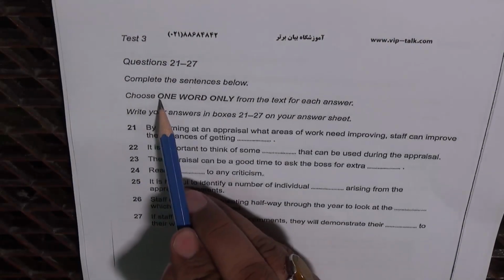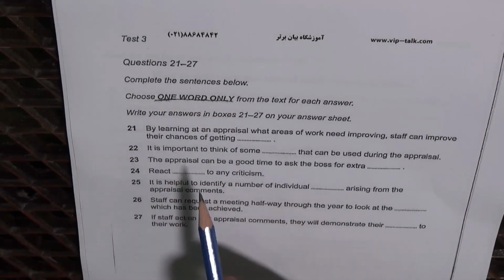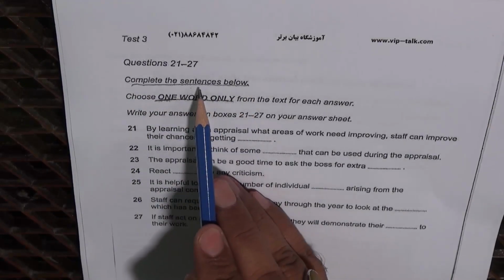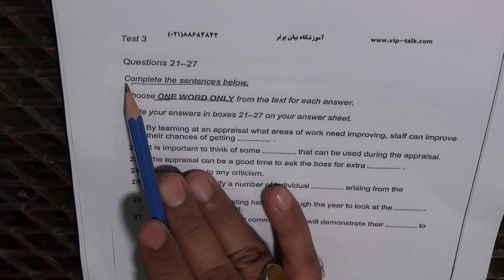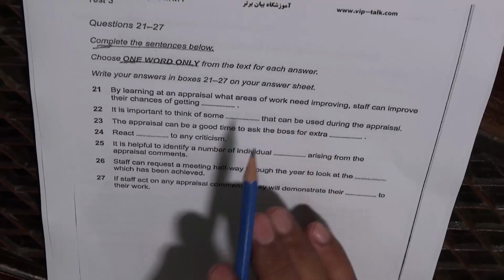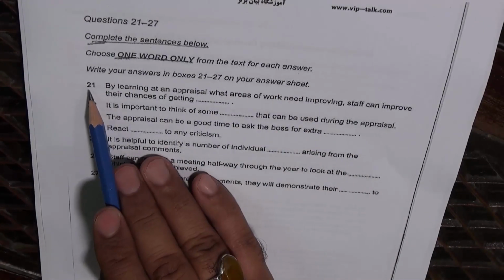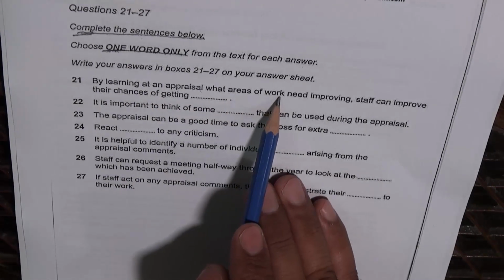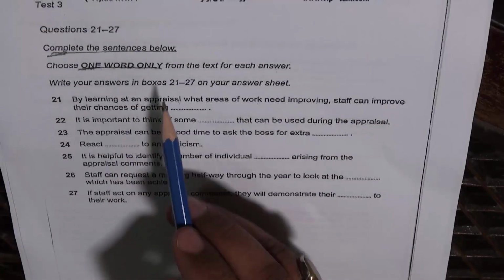Another one word only. One word only means just one word, okay? And this time the question type is complete the sentences below. We call it sentence completion. In sentence completion, the questions and the answers in the passage are in the same order. Write your answers in boxes 21 to 27 on your answer sheet. 21. By learning at an appraisal what areas of work need improving, staff can improve their chances of getting,